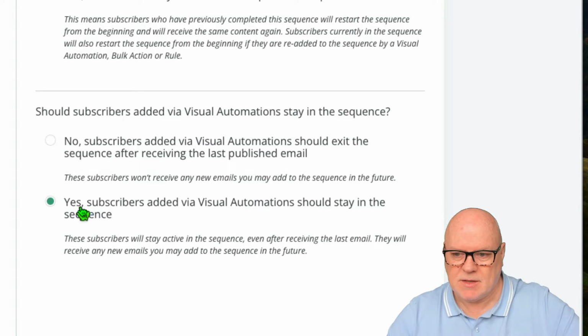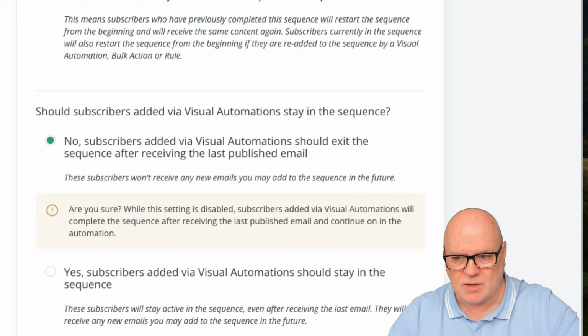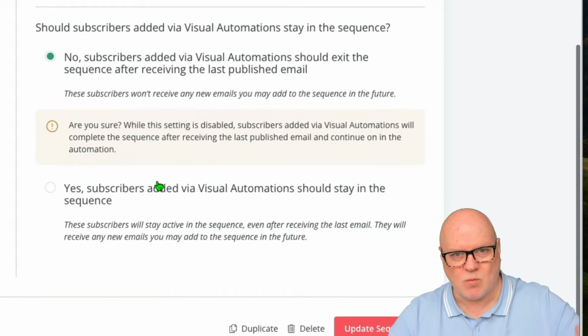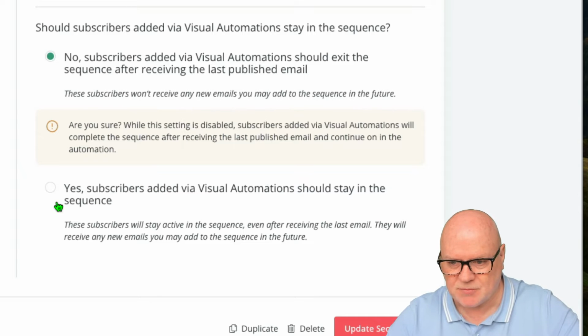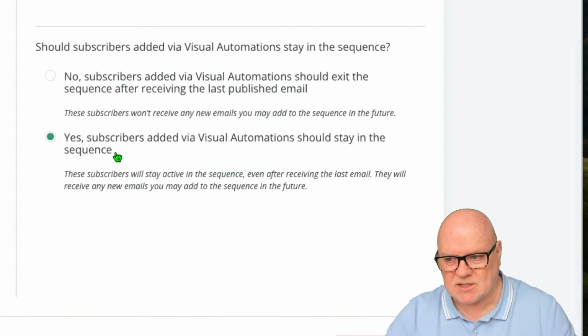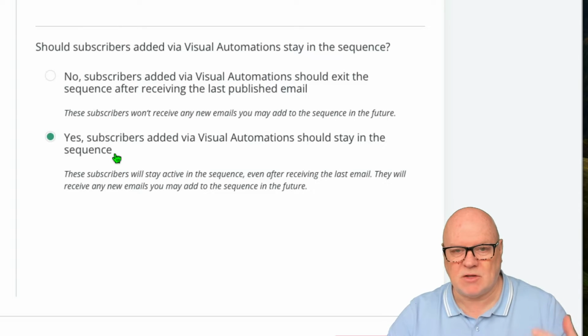Now, conversely, if you set that to no, then subscribers, once they've been served the last email in that sequence, will automatically move to the next step in the automation. So you might be wondering, why would you have one setting over the other? Having this configuration here where you've got yes, keep them in there. Now that's very useful for